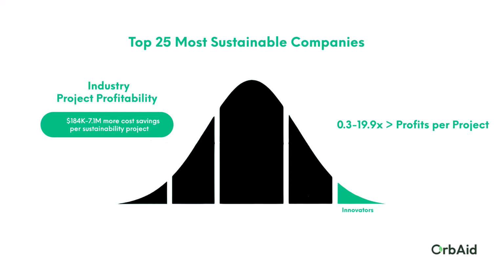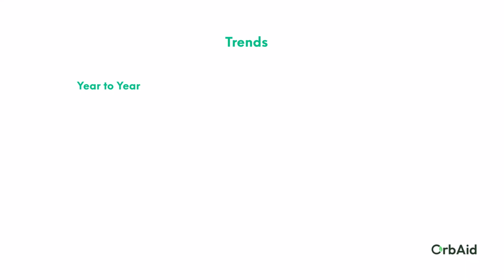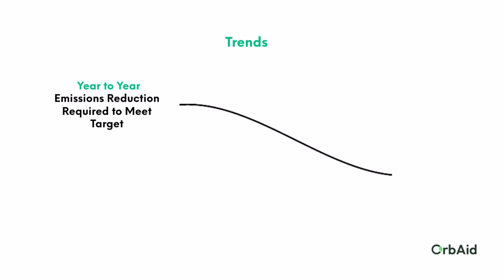A growing number of companies are moving from annual snapshots to real-time reporting. More timely information means that leaders can forecast their sustainability plans to make adjustments when and where needed to meet their targets. As an example, a common sustainability trend to monitor is your company's annual emissions reduction progress towards meeting your set goals, alongside your actuals, enabling you to forecast whether you're on track to achieve your goals.